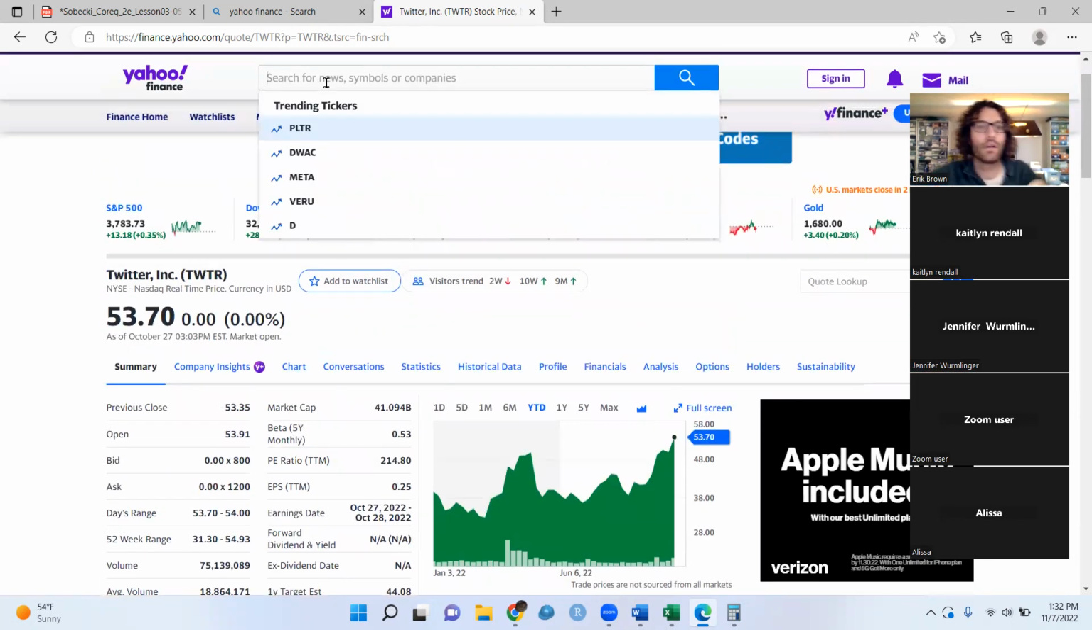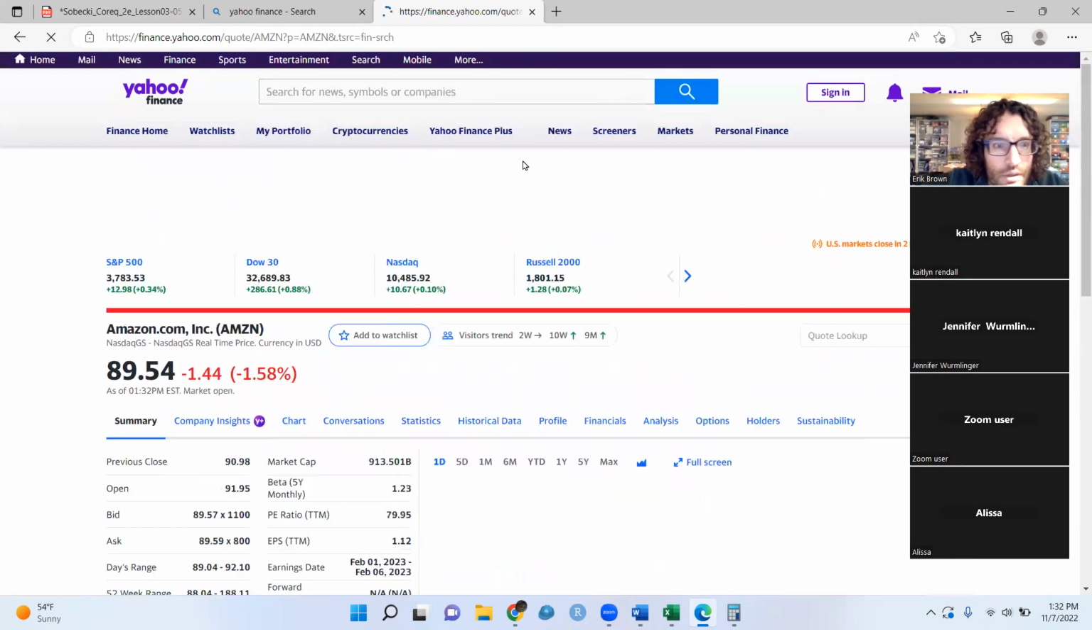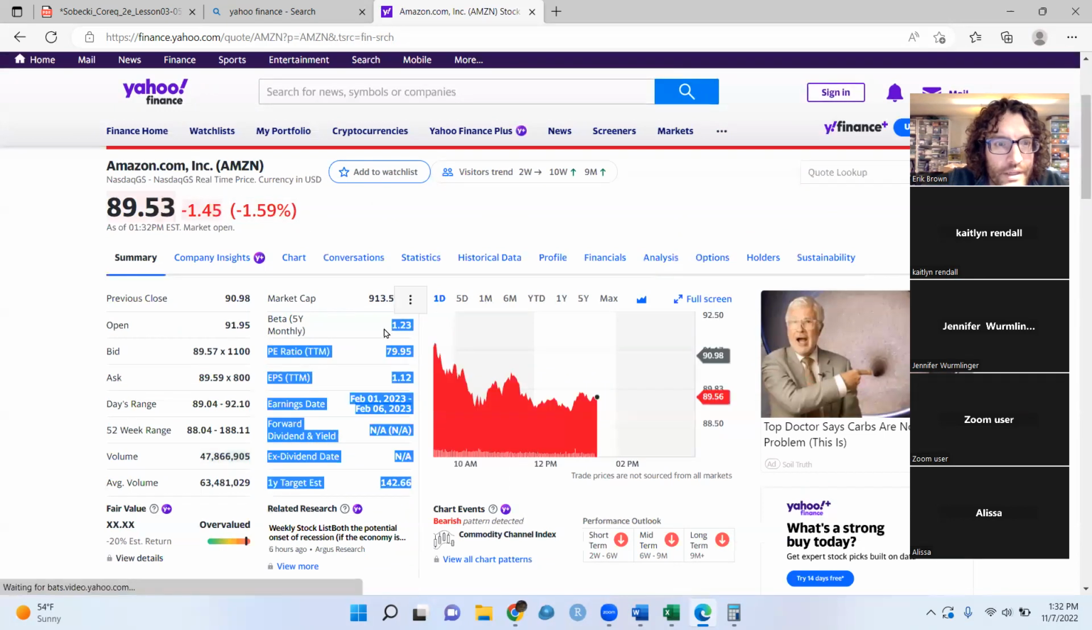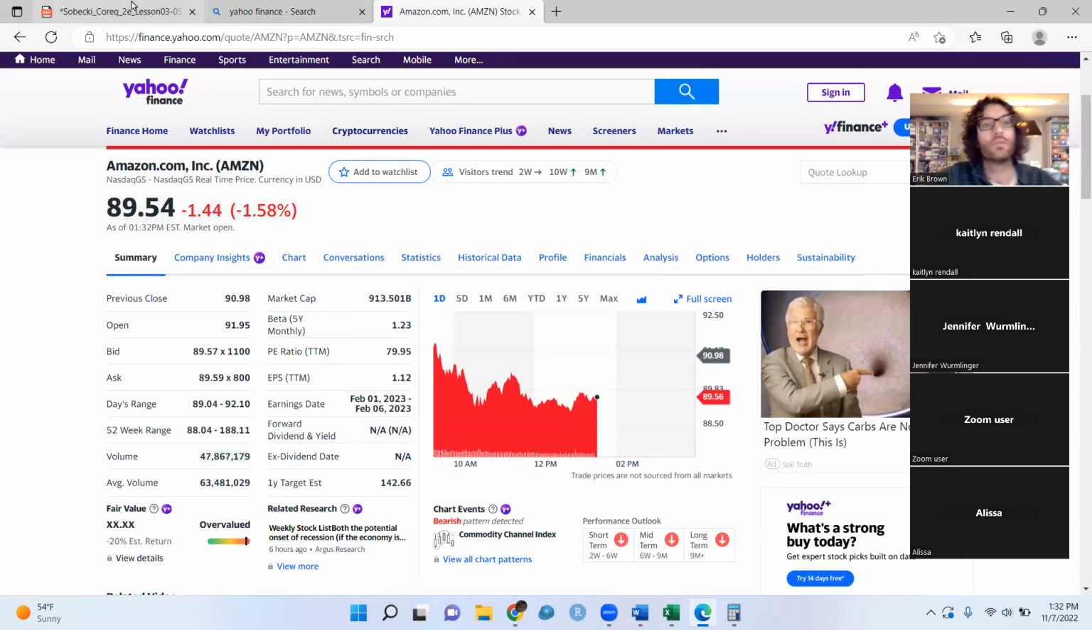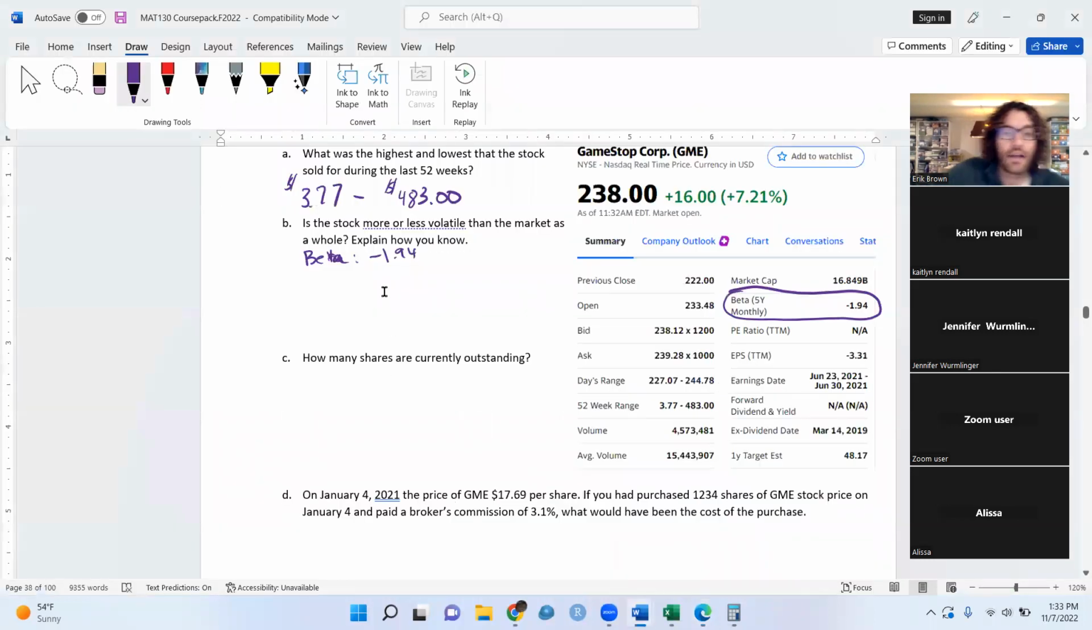Cool. Okay. How about Amazon? Amazon is one that's a pretty stable one. Tends to be, well, 1.23, not so stable. So this number, I've seen like 3s and 4s, which means it's highly volatile. So it can be a bunch of different things. So in this case, we're going to say it is more volatile